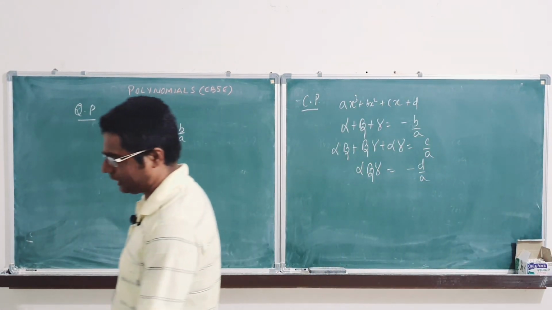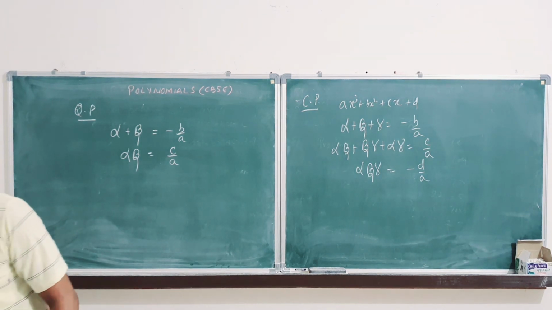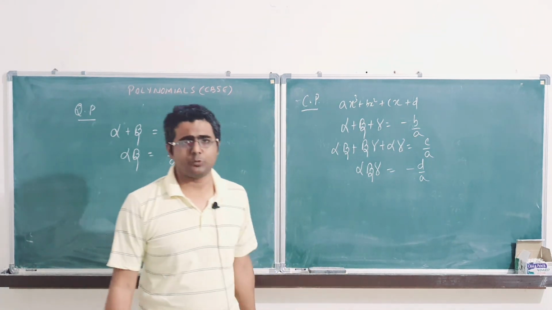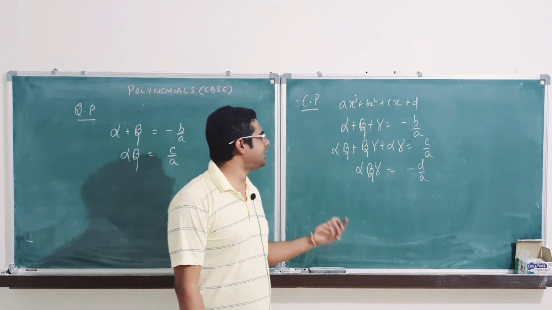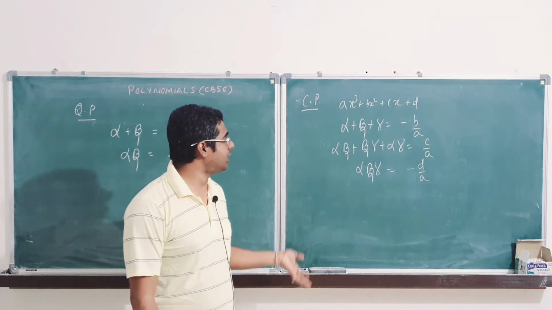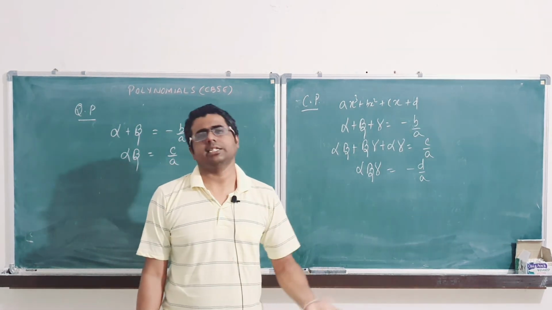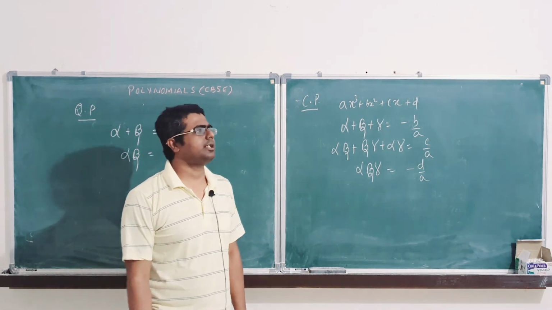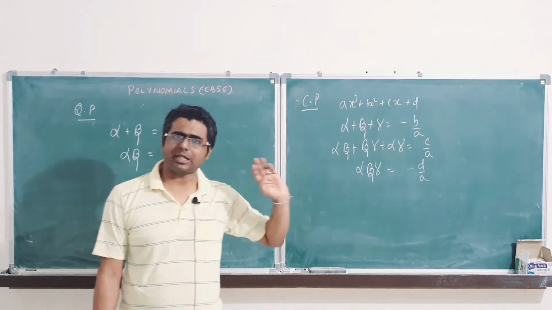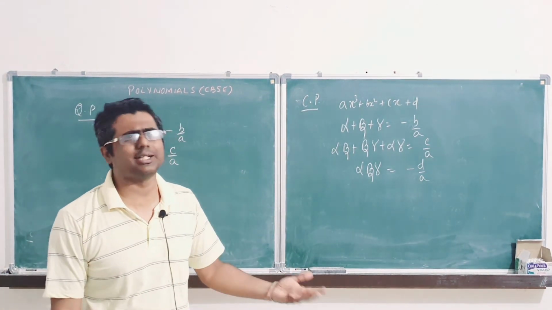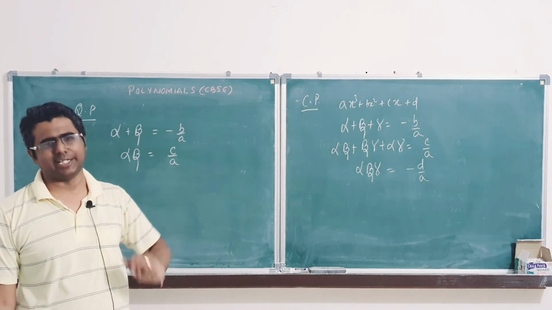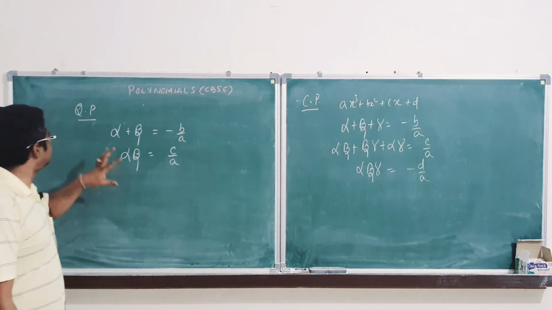These are the important things that you need to know for relating the zeros of the polynomial with the coefficients of the polynomial. You may have to calculate various sums and products of the roots in the examination, and these formulas will help you do them with ease. There are very few chances in CBSE of getting a cubic polynomial. I think the cubic polynomial is out of the syllabus for the most part. It is not to be tested basically, but it's good to learn. Today you are not using it, tomorrow you will be needing it.